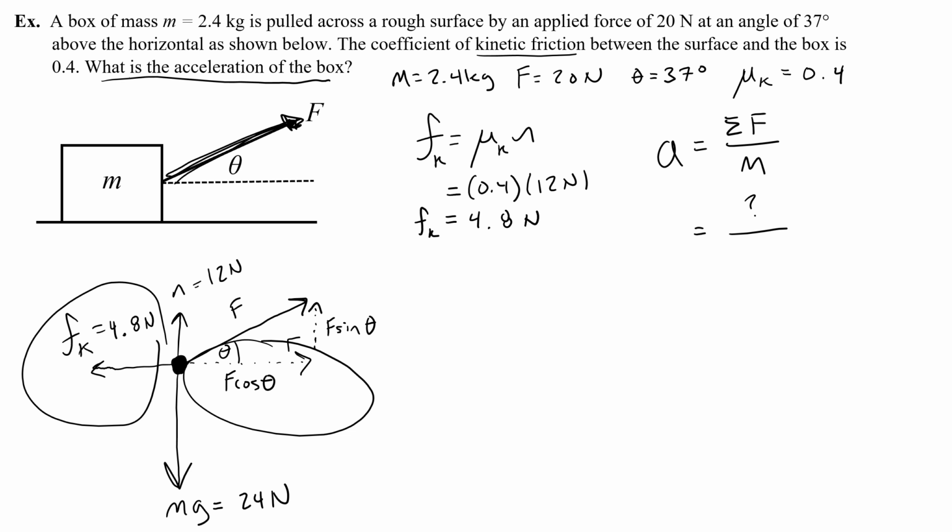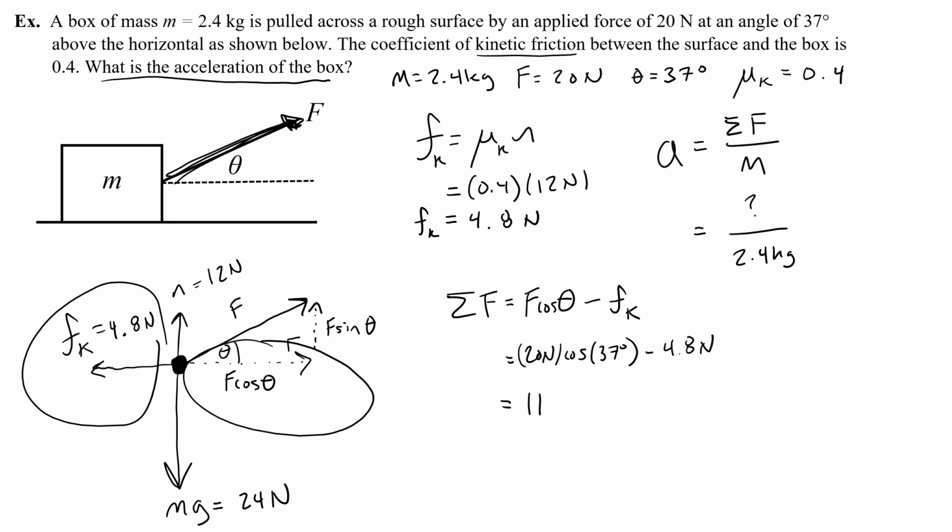And remember, we're trying to find the net force. We know the mass is 2.4 kilograms. So how do we find the net force? We take F cosine theta, the right force, and we subtract friction. Well, I know these values. I know that F is 20 newtons, and then I do cosine of 37 degrees, and I just calculated friction. It's 4.8 newtons. So 20 cosine of 37 is about 16 minus 4.8,